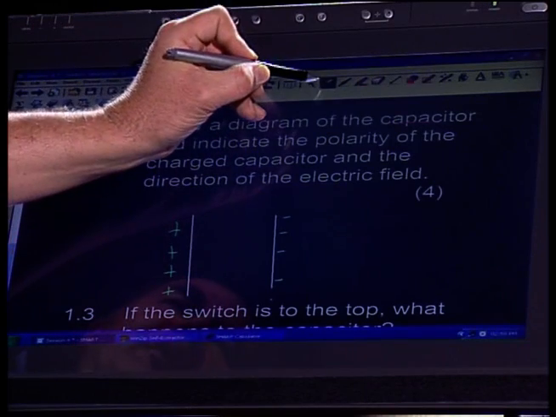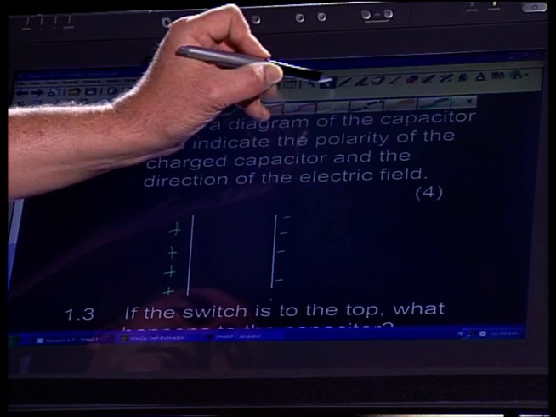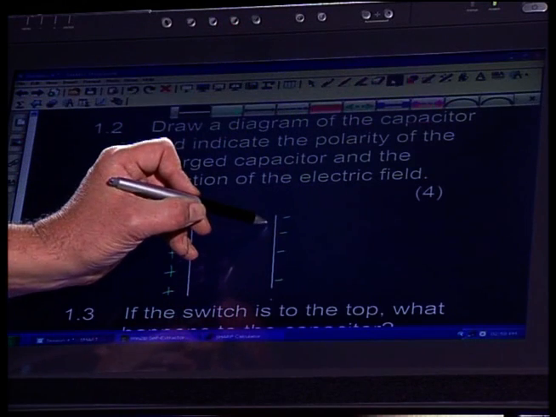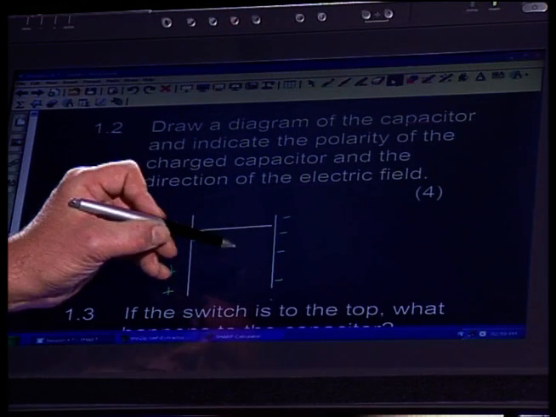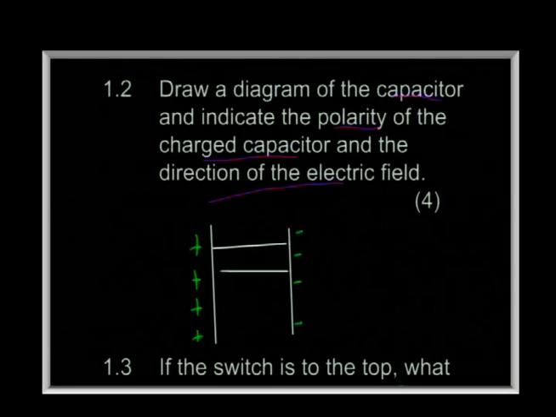Now, what's the electric field going to be? It's an important question. Electric field is what's holding the energy in place. Contained within this electric field, we're holding the charges there, and that's producing the potential difference. Because it's between two parallel plates, it shouldn't be too difficult for you to recognize that we have a uniform electric field. So I'm going to draw some parallel lines over here